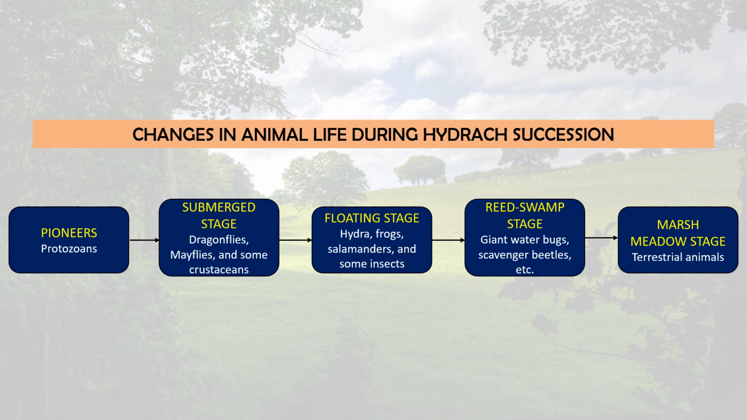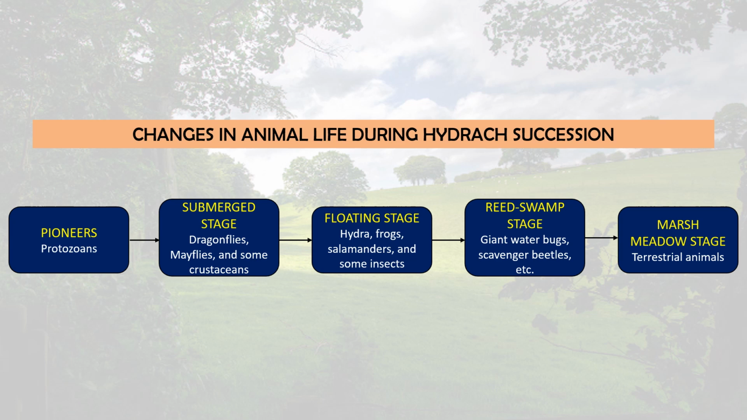First one is the pioneer stage, where protozoans like Paramecium, Euglena, and Amoeba form the plankton, and their growth becomes very fast, which supports the other forms of life, and some organisms like caddisflies feed on these microorganisms and build their nests in this community. Next stage is the submerged stage,